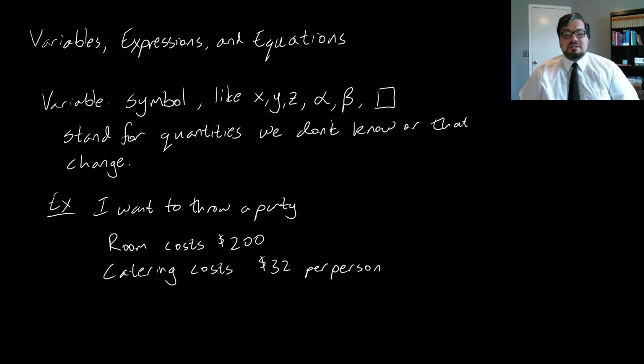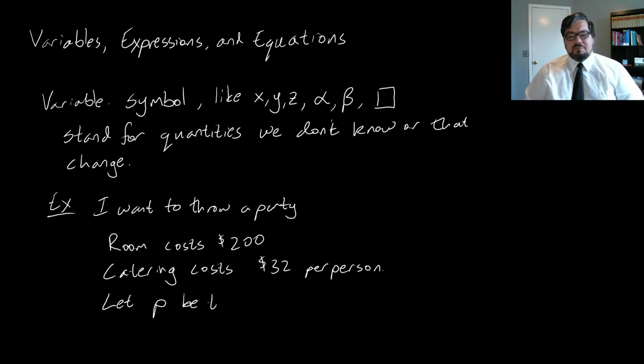So how much am I going to spend on this party? Well, clearly that depends on the number of people that I'm going to have at the party, because the amount of money I'm going to spend on food will be higher if I have more people at my party. I can represent this by introducing a variable for the number of people at my party. So we can let P be the number of people at the party,